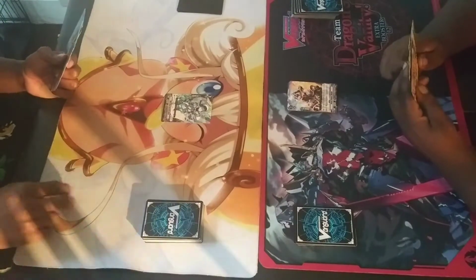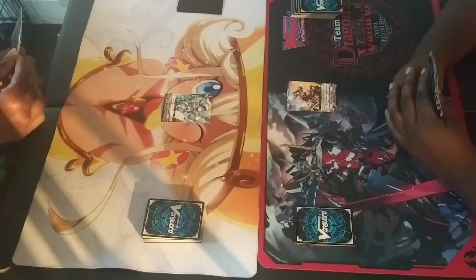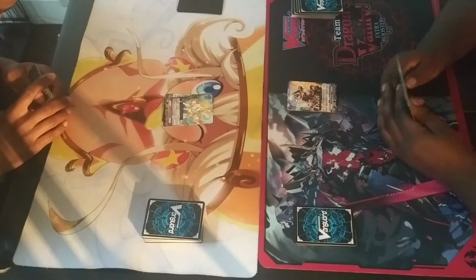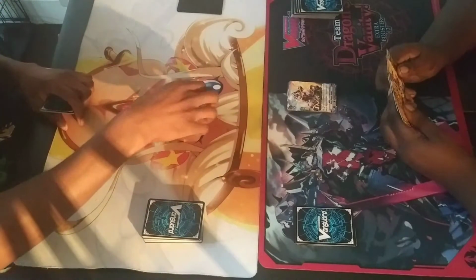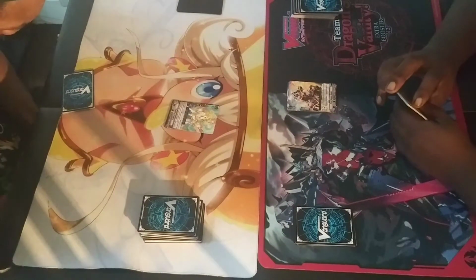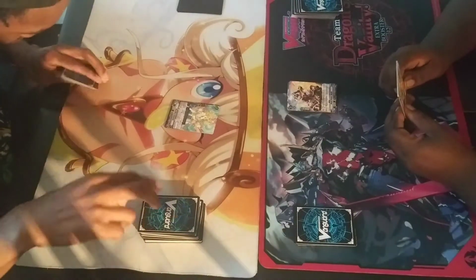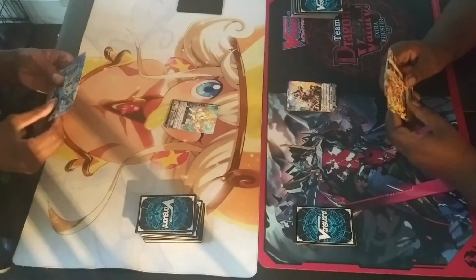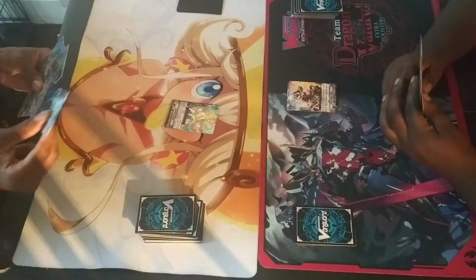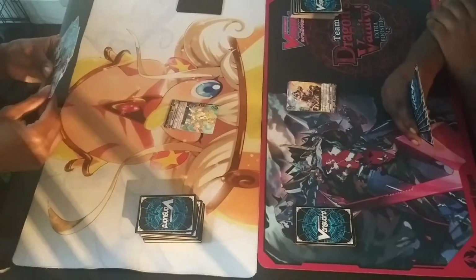I end my turn. You can't attack on your first turn. I draw. And then I ride Blue Ward Command. And then I draw a card. Then I also have a skill. When placed, I draw another card. And then I discard a card too. So I drew 2 cards, but you have to get rid of 1. I'll get rid of